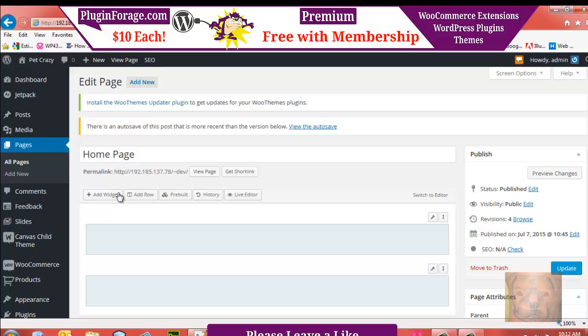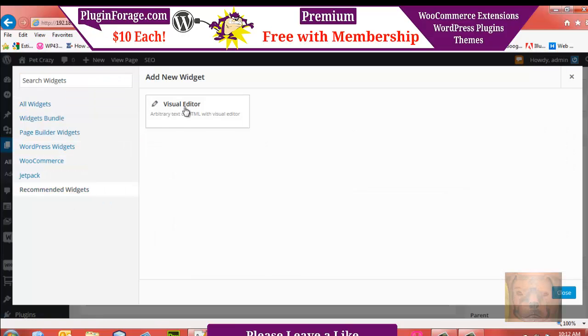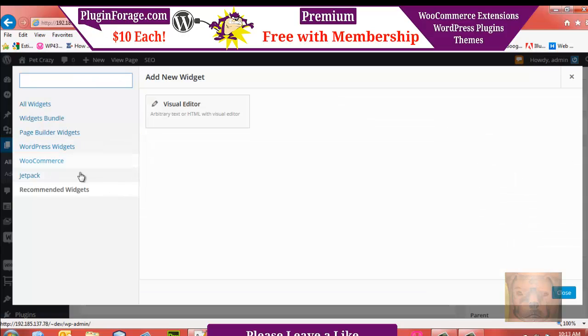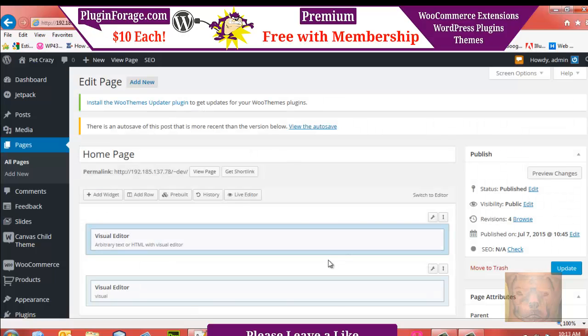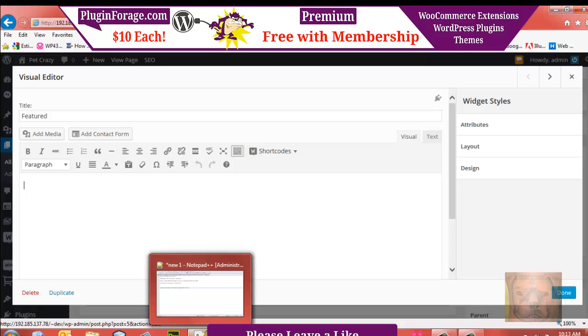and we're going to add widgets, and we're going to go to recommended widgets. We're going to go to visual editor, and then we're going to click on this top one here, so it highlights. We're going to add a widget, recommended widget, visual editor. Now we're going to edit these. We're going to make the top one the featured. So I'm just going to write featured, because you don't necessarily want to call pets products, and I'm going to have pets in my display, so I'm just going to say featured for mine,